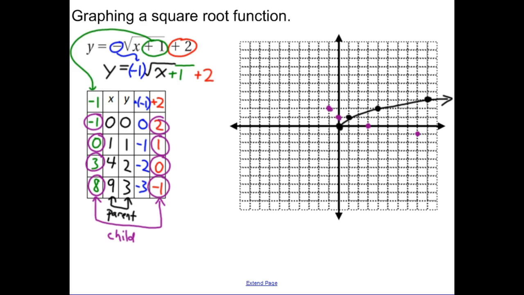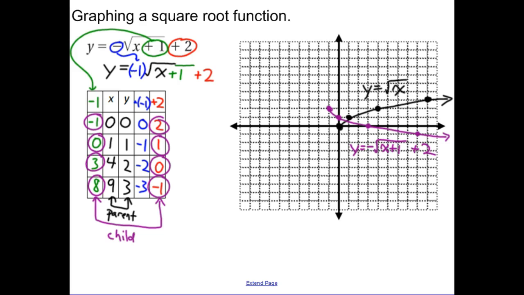Again, I will connect my dots with a smooth curve, and that represents my graph of my child function. I will write in what the functions are on the graph for emphasis. Here's y equals square root of x, my parent function in black, and my child function obtained by transforming my parent function is y equals negative square root of x plus 1,